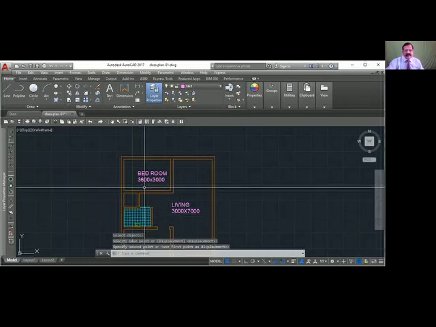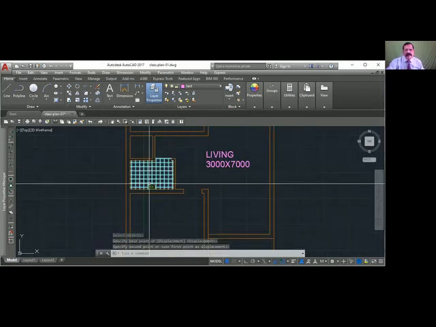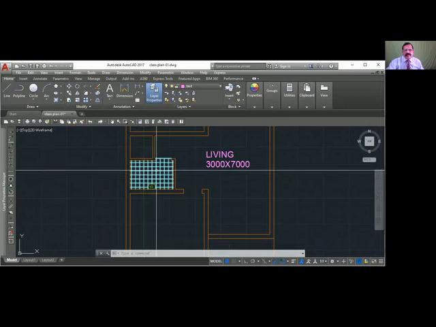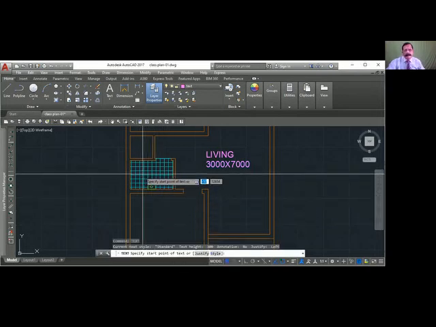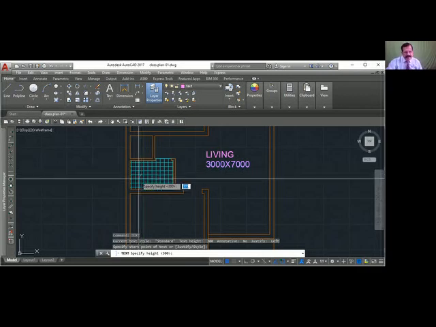See here, I want to write down here. Now, if I write the text here, it will come on top of the tile. Let me see. Text. I'll go here. Click here. This is a bedroom, so I may have to make the height a little smaller. So I will make it 200.